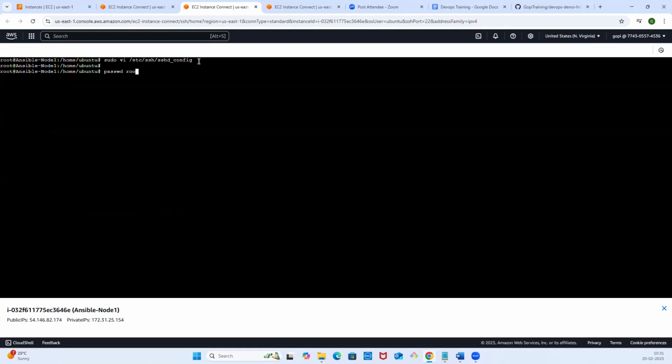passwd root. Now I'm giving the root password as root@123. Okay, your password is set successfully. And restart the service. systemctl restart ssh. So you are going to restart the SSH service. So that is done. And follow the same procedure